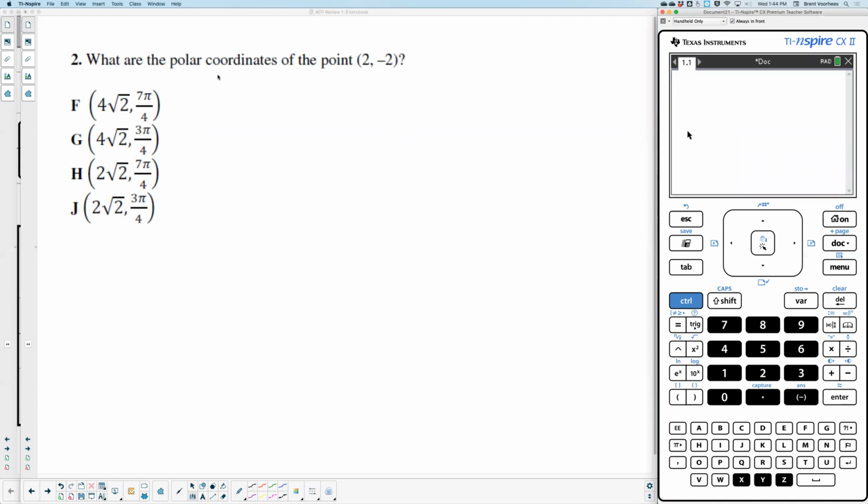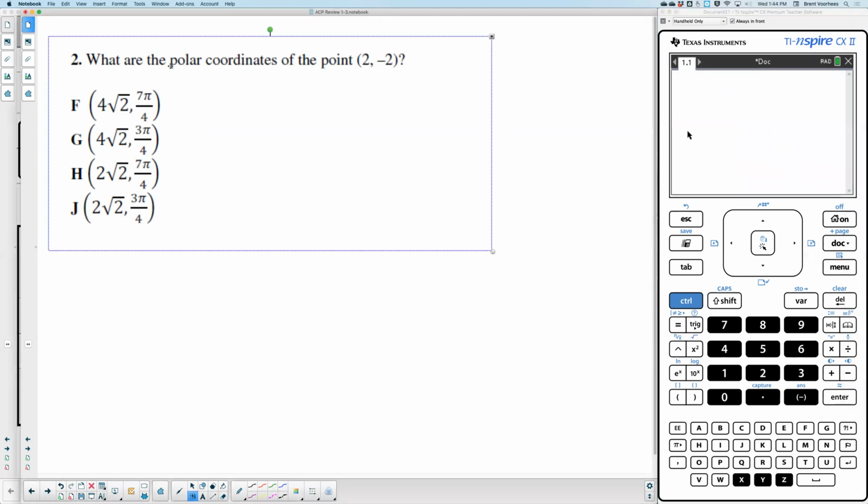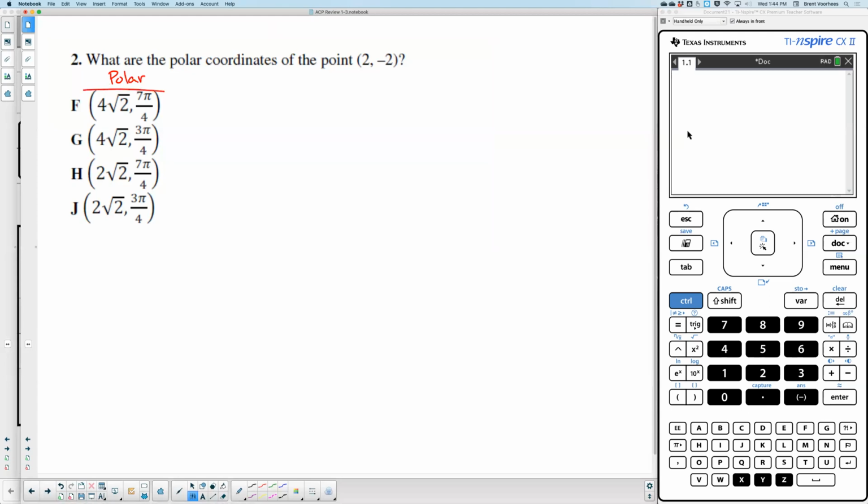Here it says, what are the polar coordinates for this point 2, -2? And so it tells us we're looking for polar. What are the polar? That means these are polar down here. And it says this point. When it says point, that means it's an x, y, which you could also call rectangular. What I'm going to suggest is to show you how to convert